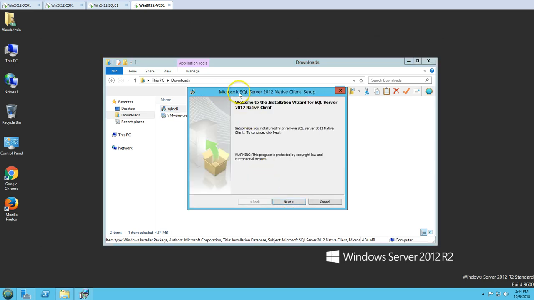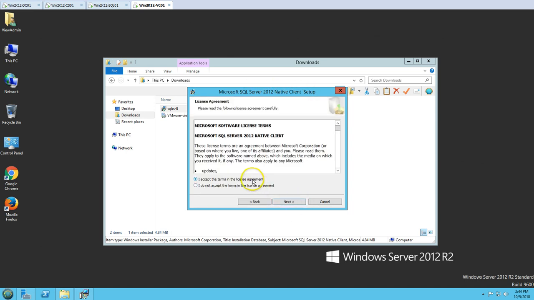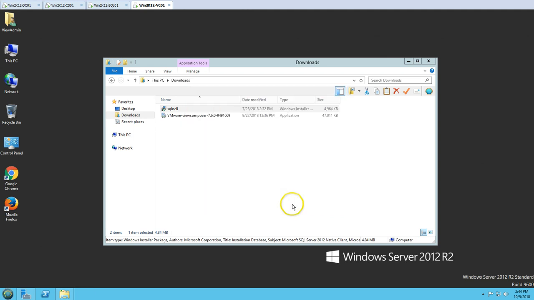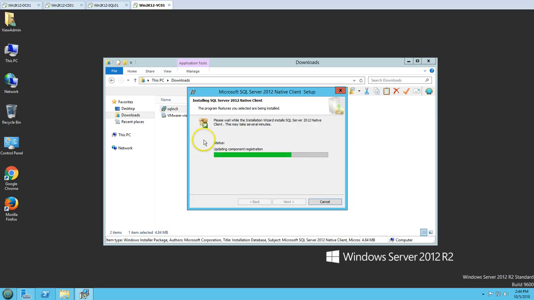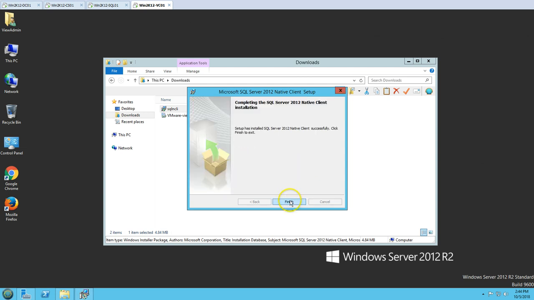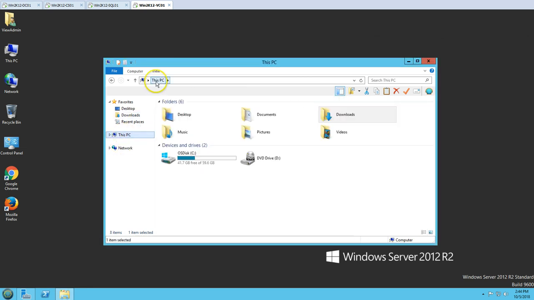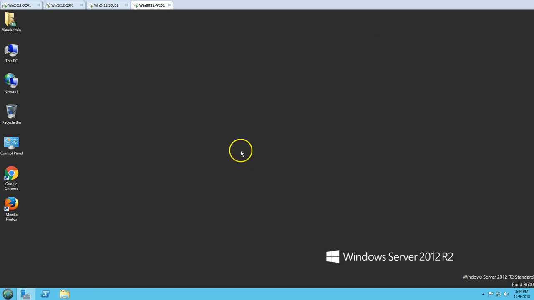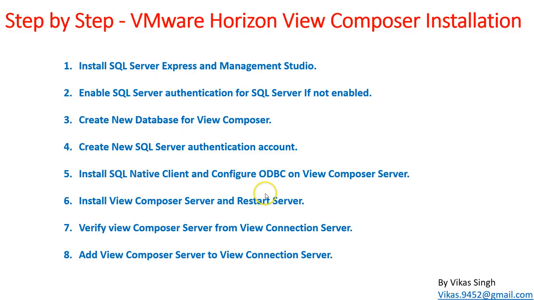So Microsoft SQL Server 2012 Native Client setup. I accept the license terms, leave the default, and click on install. The installation is completed, and you can verify from Add or Remove Programs. So the SQL Server Native Client is installed, which is good, and we can go ahead and configure ODBC